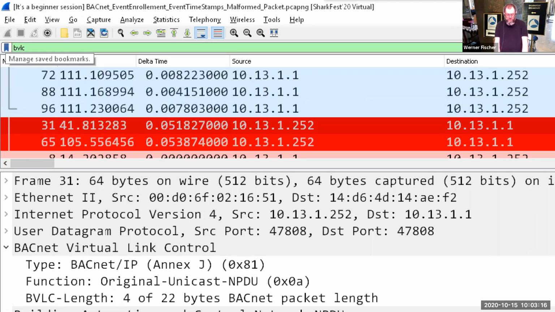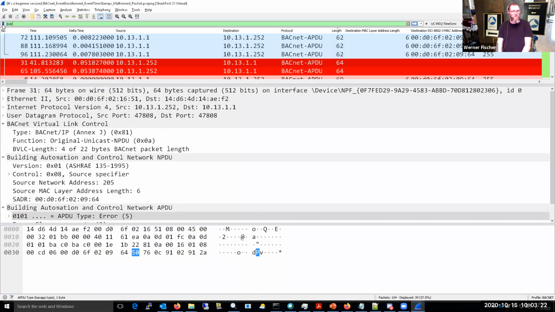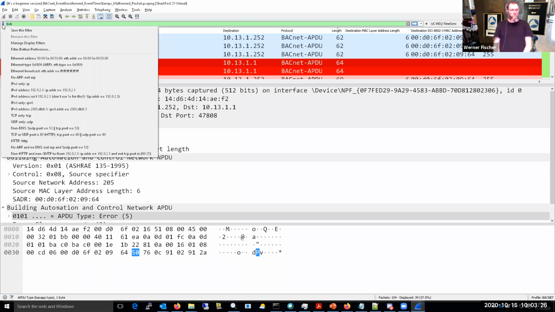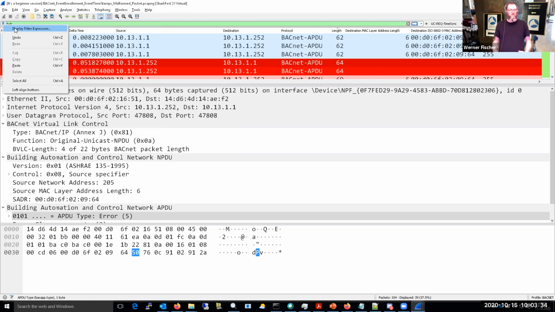It's called Manage Save Bookmarks. And I found out when you click it with the left button of your mouse or your touchpad, you have the filter. When you click it on the right side, that is my lovely tool, I would say, Display Filter Expression. I learned so much from that. When I open that display filter expression,